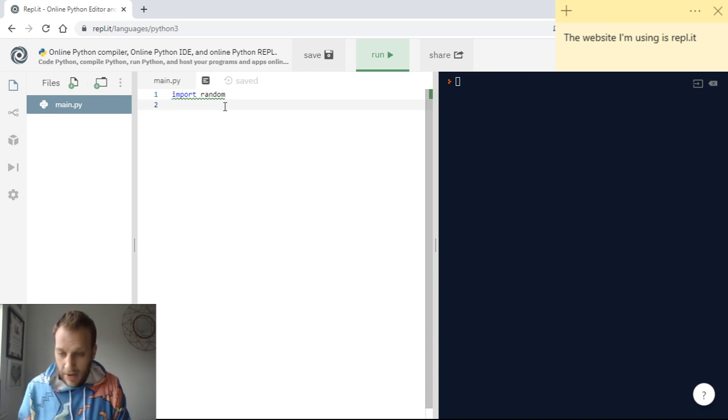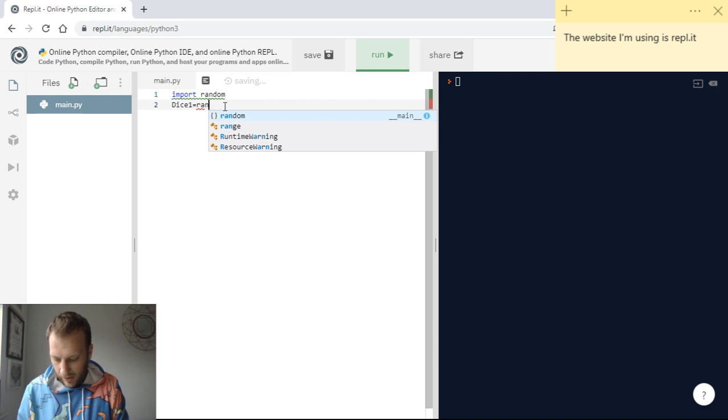So I'm going to make a variable. So remember, a variable is just somewhere I can store a value, and this variable is going to be my first dice. So I'm going to call it dice1, and I'm going to store my variable as dice1. So that's the name of my variable. Then I've got my assignment operator, and I use this to assign the value to dice1. And then here's where my random module is going to come in. So I'm going to say I want you to pick a